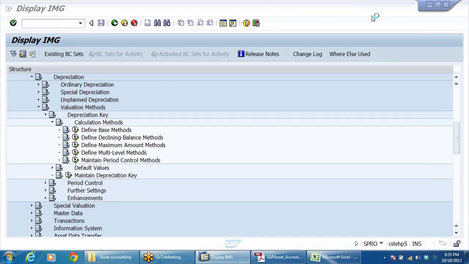So depreciation, right? We have the multi-level method. Yesterday we created the multi-level method key. The multi-level method means, as we have discussed, that at different levels we can have different depreciation percentages, and we can also have separate percentages, right? So in the multi-level method,